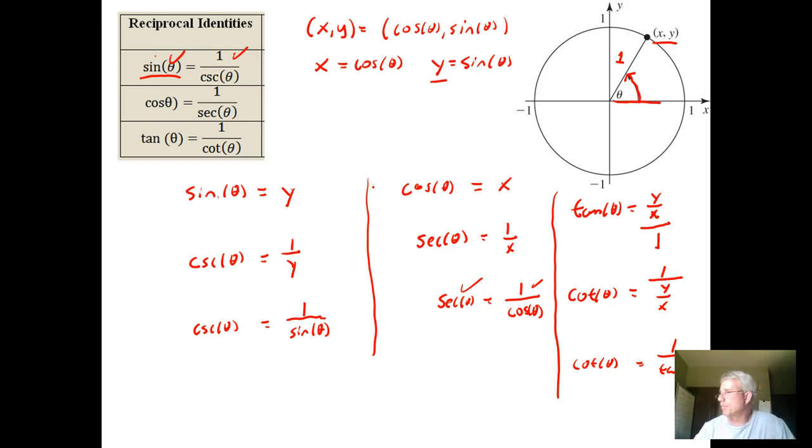And notice that these could be manipulated into the other forms as well. So for example, this one, if we multiplied both sides by sine and then divided both sides by cosecant, we would see that,